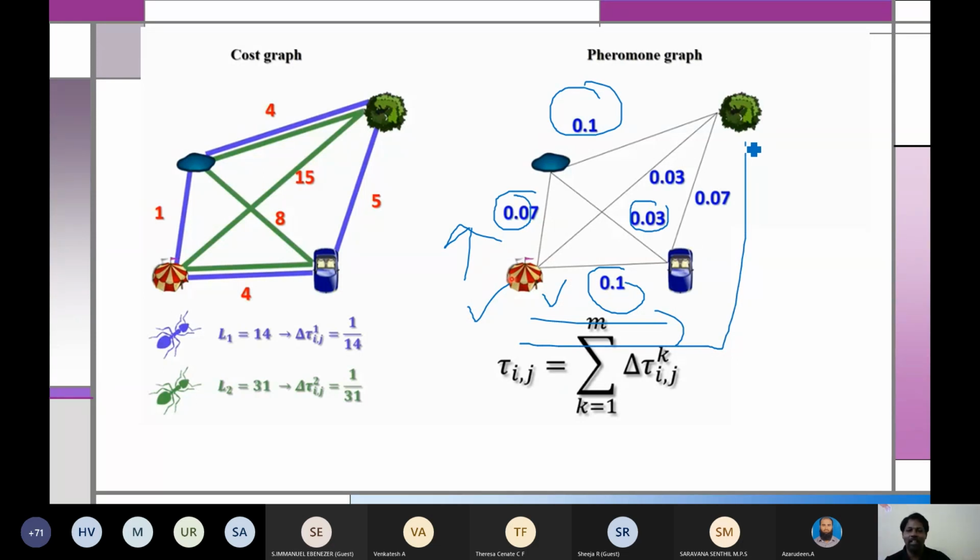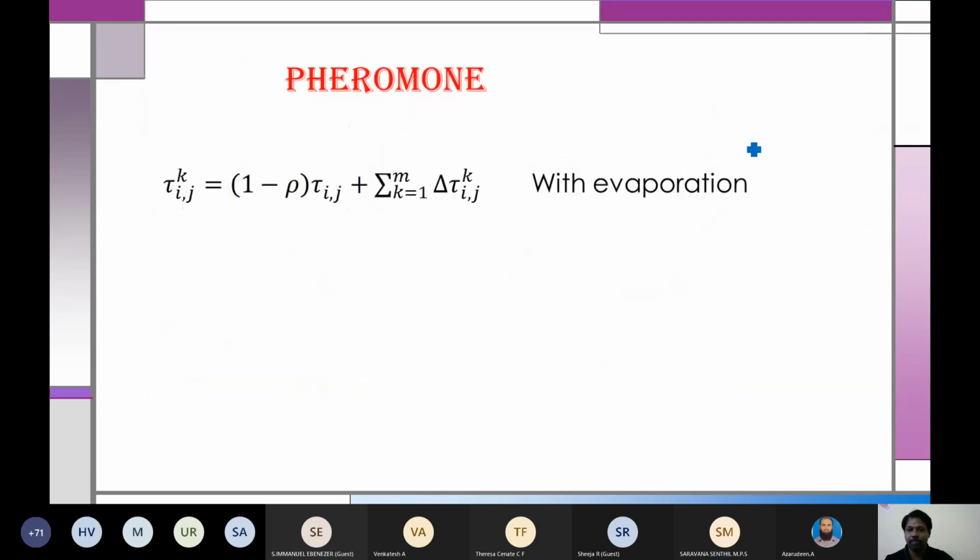I'll explain it mathematically. This is the next step. Hope you can understand. First, I have deposited the pheromone. Now I have calculated the pheromone content. The next thing is that practically, the pheromone contents will evaporate. So that evaporation has to be converted into a mathematical expression. See, these are all standard expressions. Here also there is another term. These are all standard expressions.